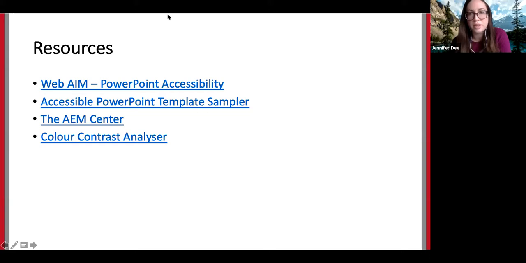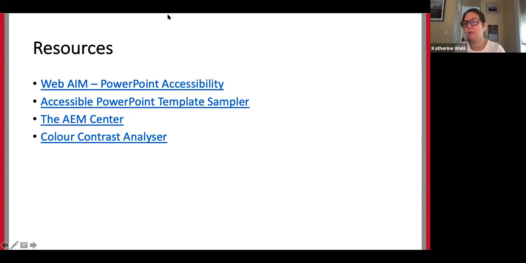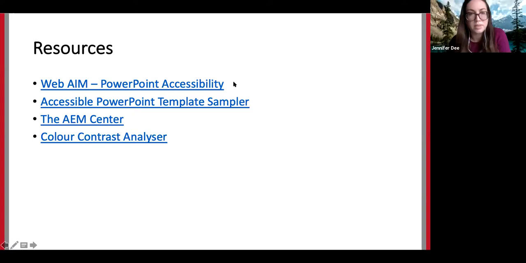And another organization I refer to for some of my tips and content is the AIM Center. So there's WebAIM, AIM, and then the AIM Center, AEM. That one's accessible educational materials. And then also that color contrast analyzer that Catherine demoed for us. And Jen, it looks like Mary Ziegler also shared a link for accessible templates in Office. Awesome. Thanks, Mary.